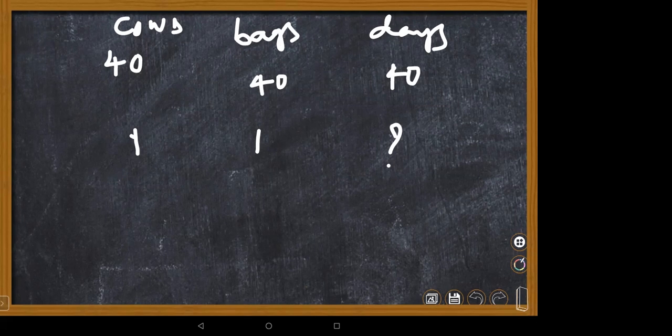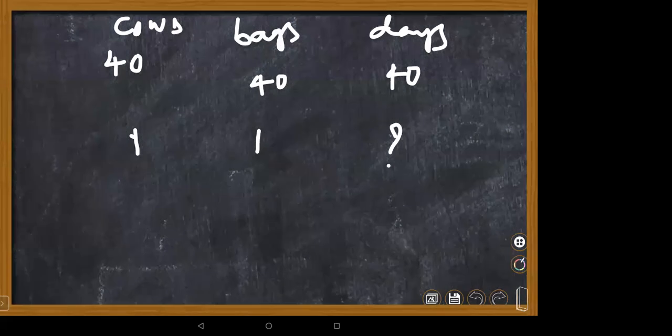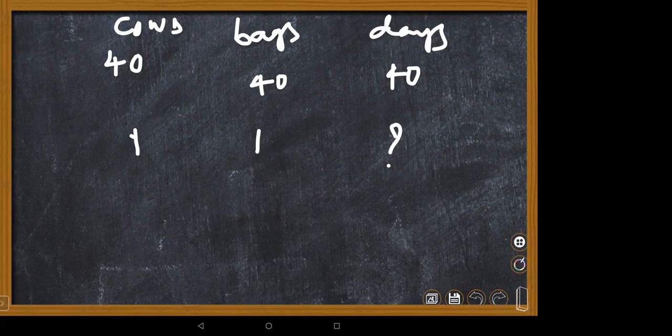Here the question is, in a dairy farm, 40 cows can eat 40 bags of husk in 40 days. First, you have to find one cow, right, children? One cow, how much is it going to eat? First, take a single cow for 40 days. You're supposed to find that out, children. Please think about it. There are a lot of interesting questions, children. Step by step in revision classes, we will go through them. Please think and give the answer.